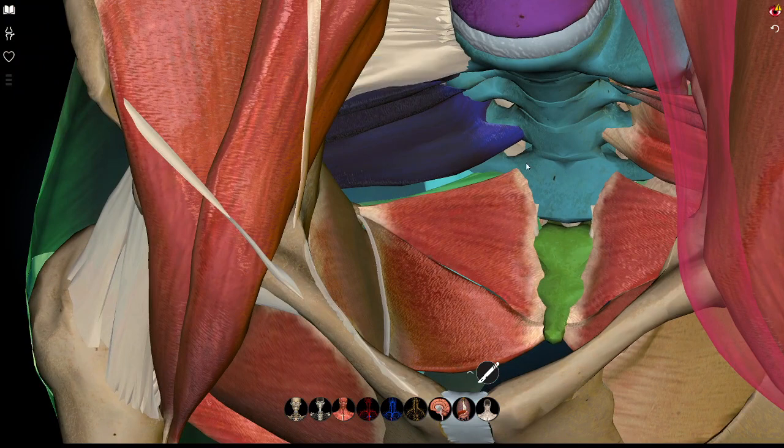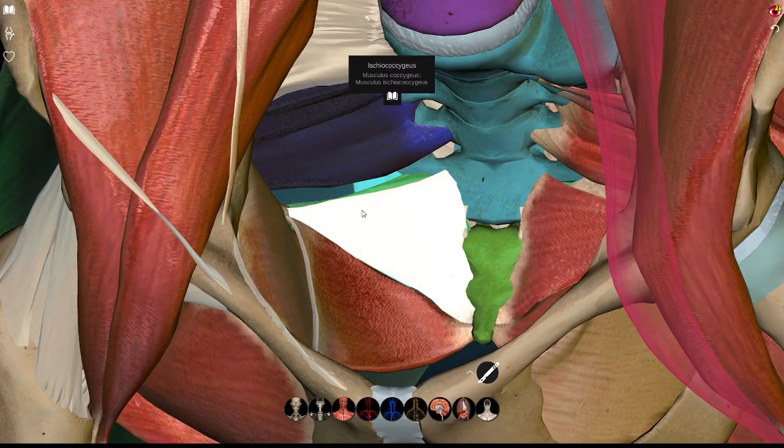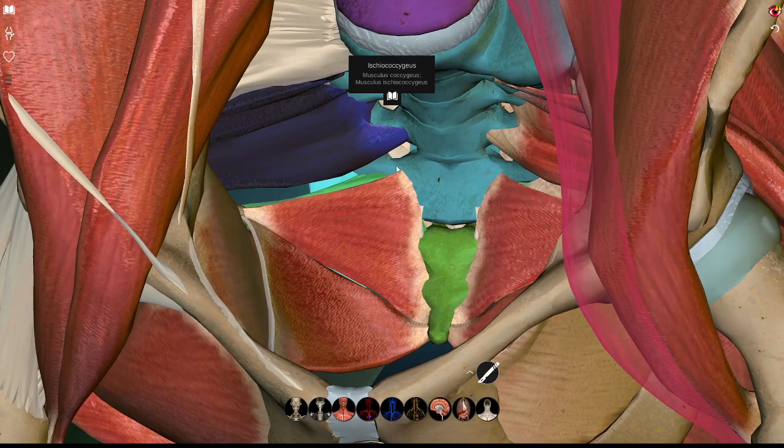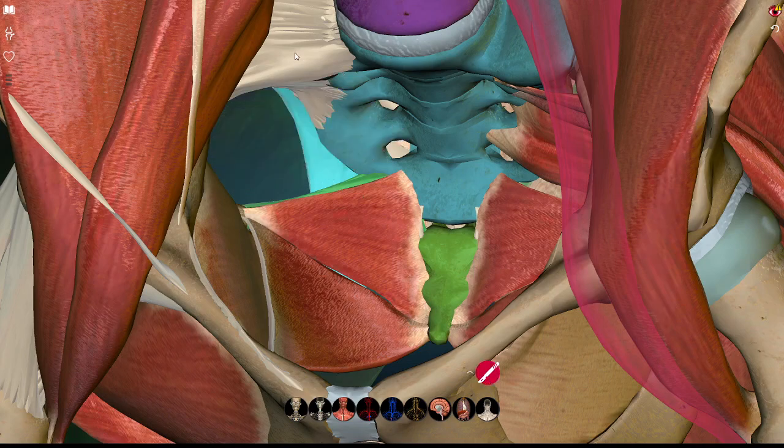There is this triangular muscle, upper part of this triangular muscle. This is the coccygeus, or actually the ischio-coccygeus muscle, that forms the posterior most part of the floor of the pelvic cavity. So this is the coccygeus or ischio-coccygeus that is attached most anteriorly to that lower triangular part of lateral surface of sacrum. Above it, we had seen that if I remove the piriformis and these